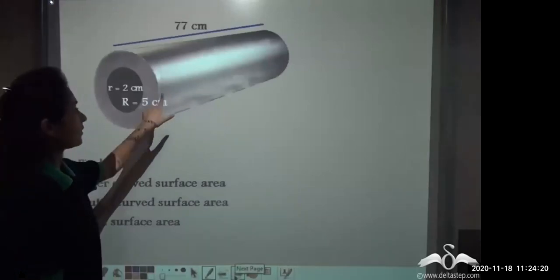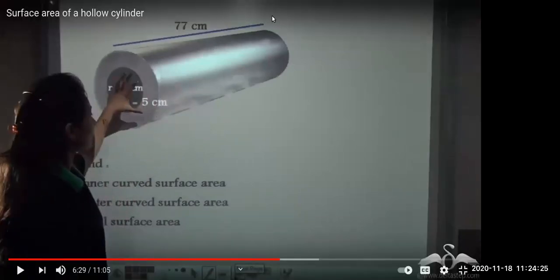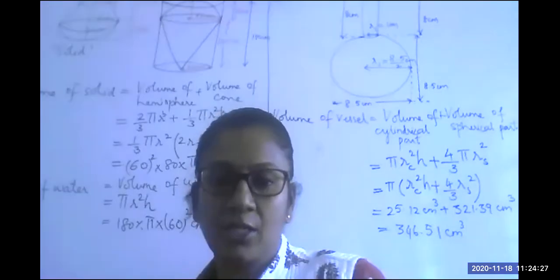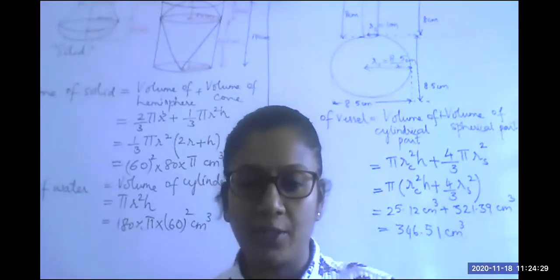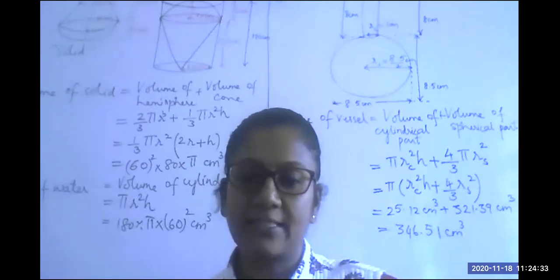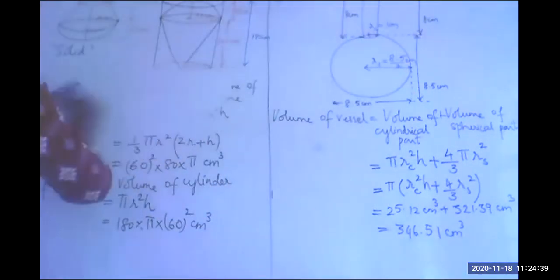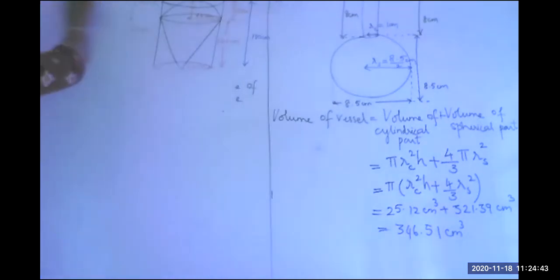Here you can see that there is a pipe. This is a hollow cylinder. Okay, that is a problem which we will take up later on. So now we could generate the formula for the CSA of a hollow cylinder as well as the TSA of a hollow cylinder. I think quickly I will just write it down on the board, which you can add into your formula page now. I think I have only 2 minutes. I'll be running out of time now.